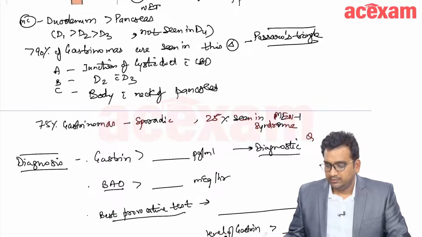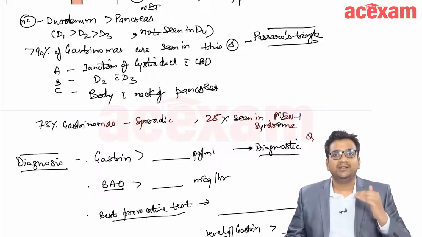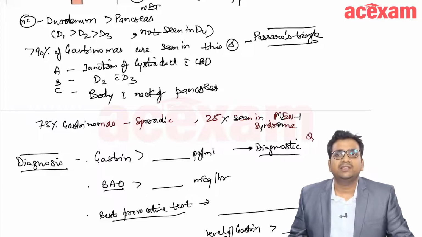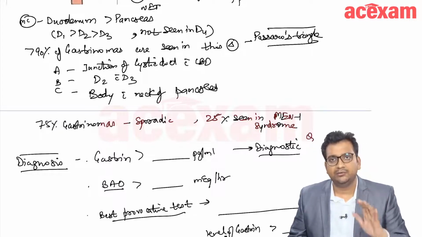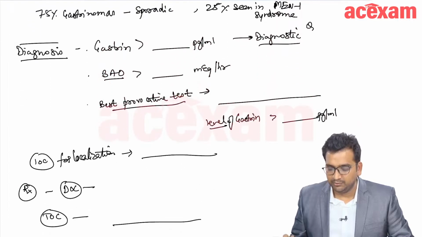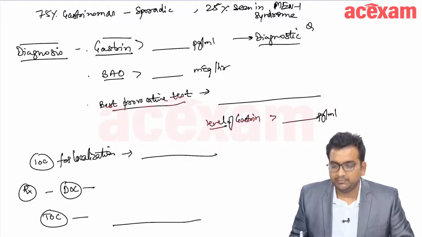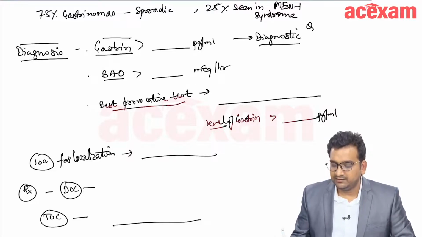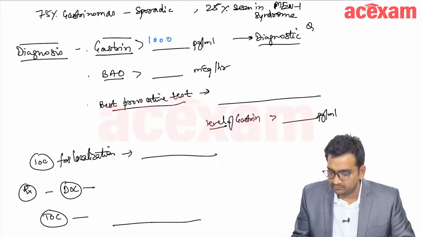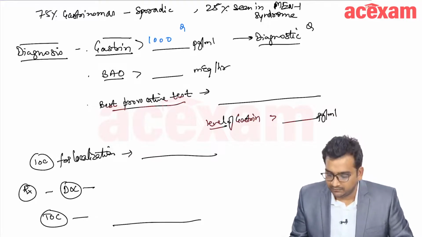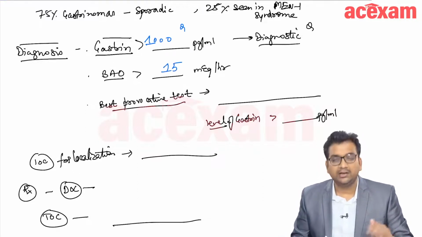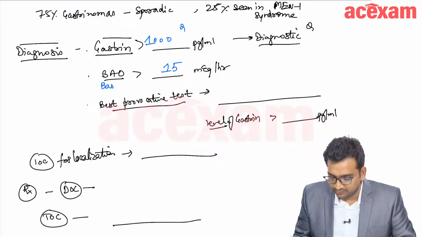Now, patient generally presents with abdominal pain, recurrent dyspepsia, acidity, gastric ulcer, peptic ulcer. Okay. Now, on endoscopy, we can see that there is presence of gastric ulcer, peptic ulcer, severe gastritis, severe esophagitis. But to confirm our diagnosis, whether it is gastrinoma, we will have to go ahead with measurement of gastrin levels. So, if the gastrin level is more than 1000 picogram per ml, then it is diagnostic for a gastrinoma. If the basal acid output is more than 15 milliequivalent per hour,